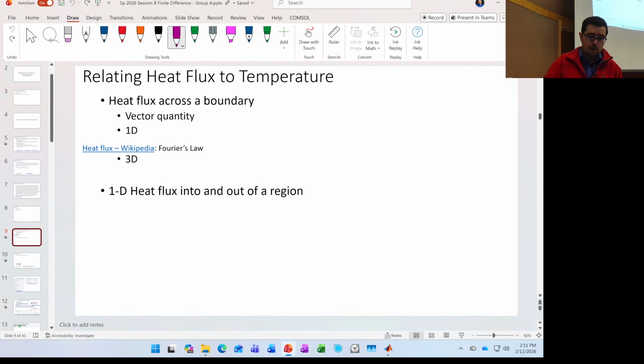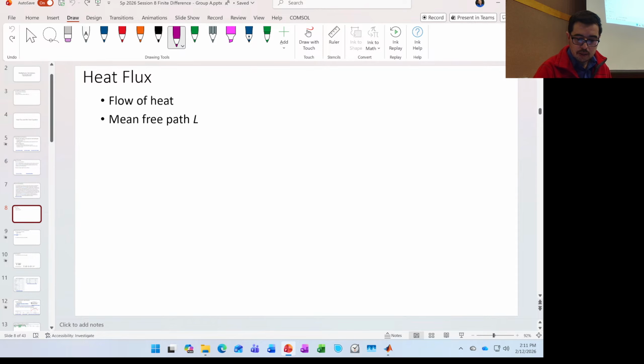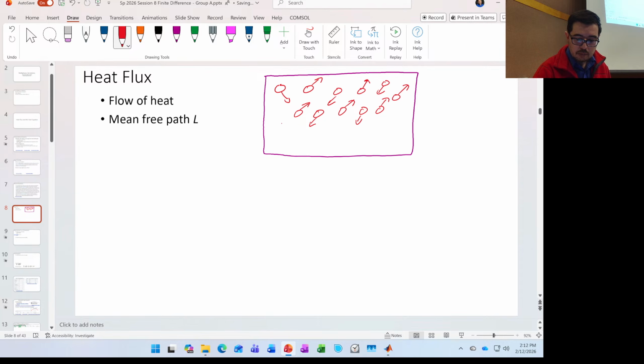Okay, so let's start off by kind of drawing a box. And in that box, we'll have lots of heat packets that will move around. And if you open up Incropera and DeWitt, the heat transfer textbook that some of you might be familiar with, or not, you would see a diagram that kind of looks like this in the first chapter of that book.